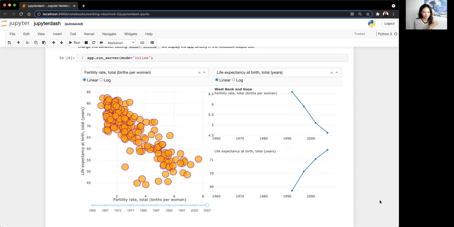And I do think that if you do intend on building some sort of dashboard eventually, it's always good to start building it in JupyterDash first, because Jupyter is a much easier place to debug and figure out what's going on. All right, so to start,